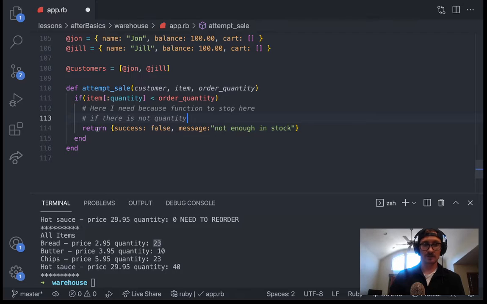And it will stop right here. So if this if statement hits and I return, then the function's done. It doesn't go anywhere else. I could also say, hey, does the